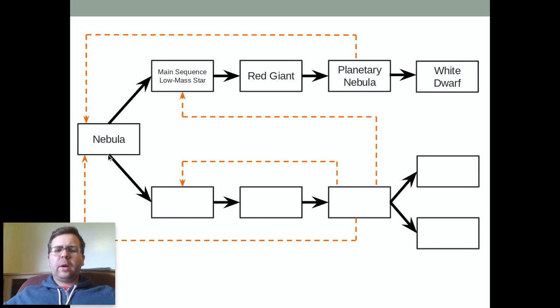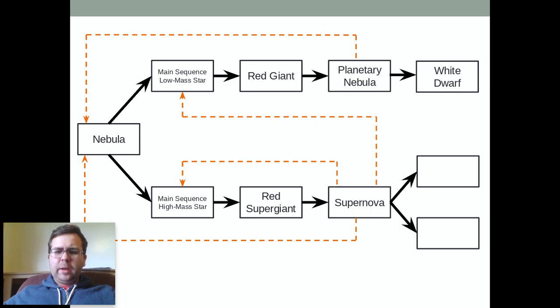Now, for a high mass star, when it ends its life a little bit quicker, it becomes a red supergiant, just bigger, right? It fuses atoms that are heavier than carbon all the way up to oxygen, nitrogen, silicon, neon, iron. And when it hits iron, it has a supernova explosion. And that supernova does three things.